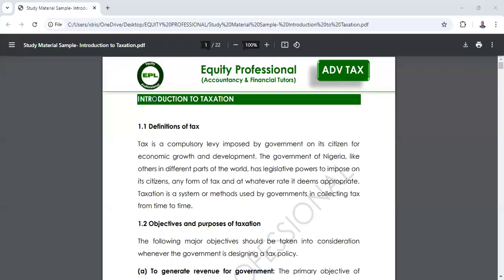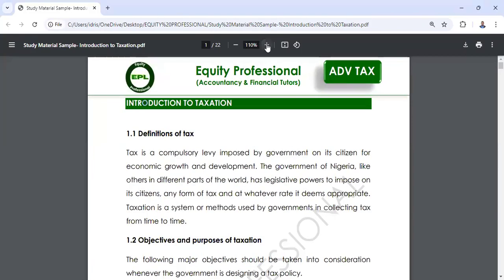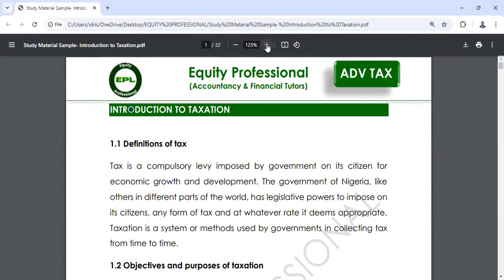Today, we start. Tax is a compulsory levy imposed by government on the citizen for the purpose of economic growth and development. A compulsory levy simply means that when you are earning an income, so far as you derive an income, you are going to pay tax. Government is the one responsible to collect tax,